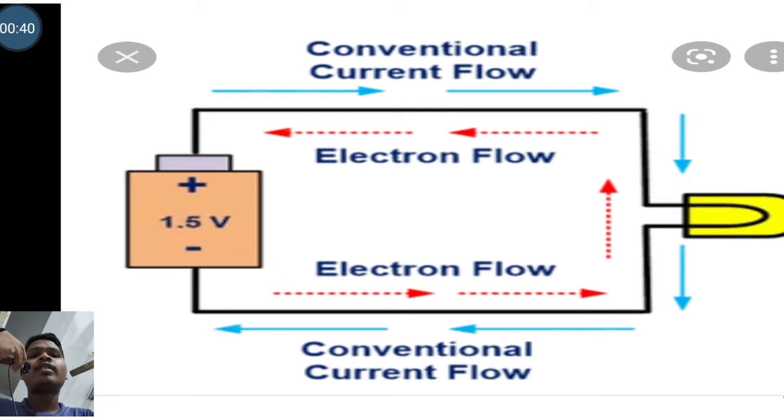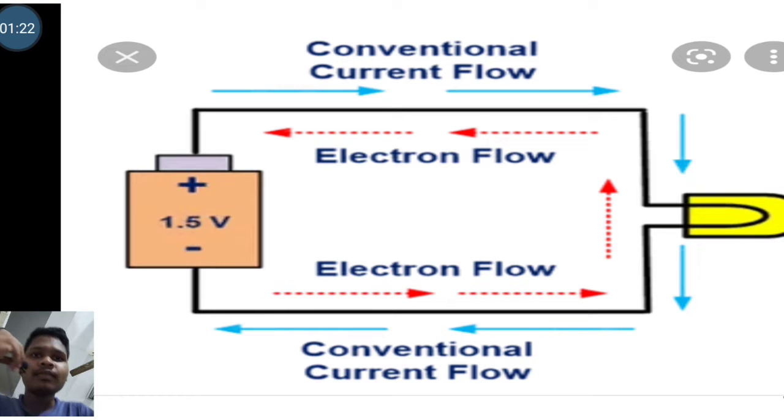So you already know from your basic classes the actual definition of current, that is the flow of an electric charge between 2 points. 2 points means the positive point and the negative point of the battery. When electrons flow from the negative potential of the battery to the positive potential, with the battery connected to a closed circuit, then current flows from the positive potential to the negative potential of that battery. So it is the conventional current flow direction. When electrons flow in this direction, the conventional current flows in the opposite direction.